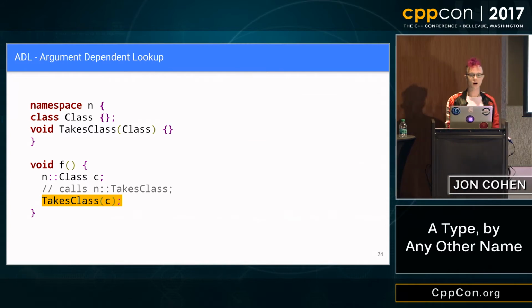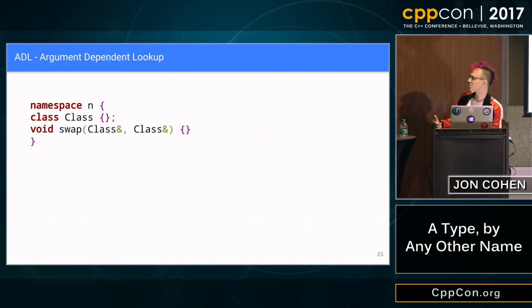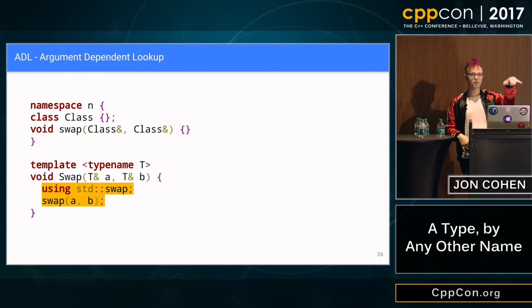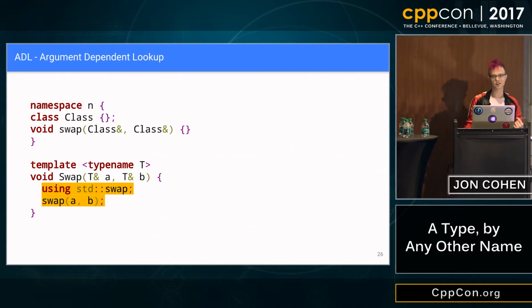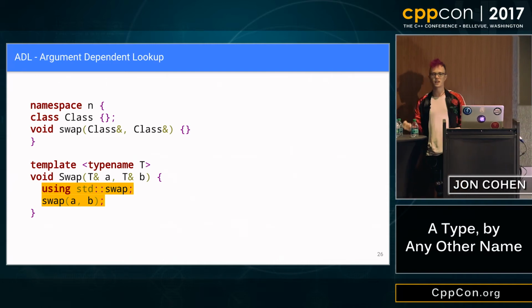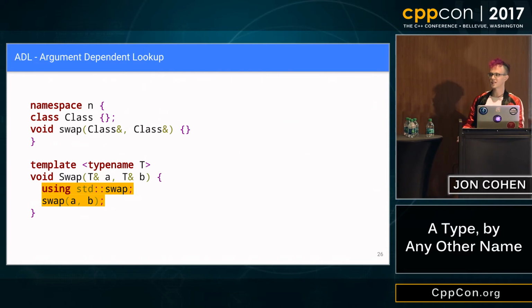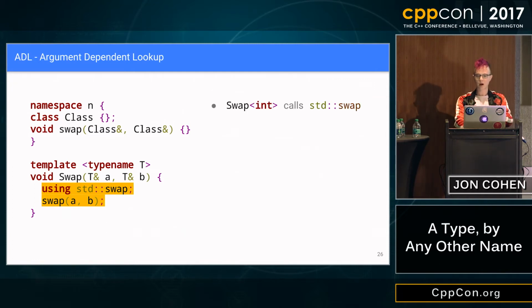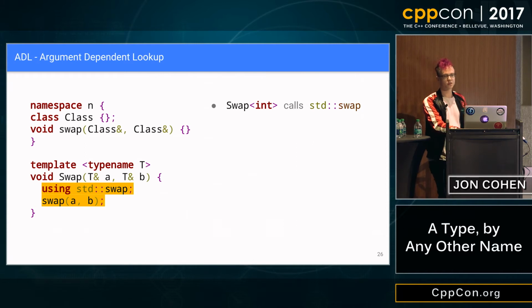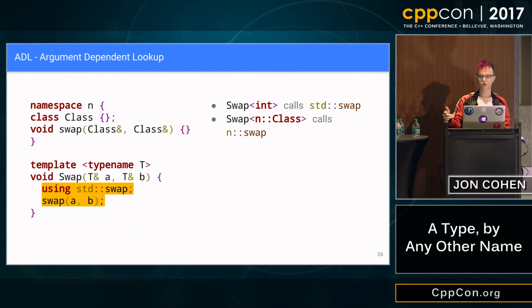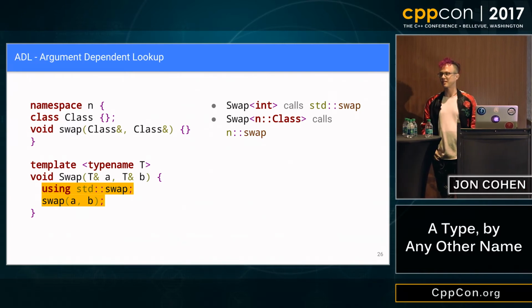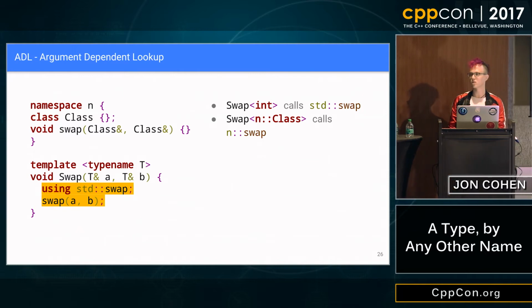Great. There are interfaces that are designed to use with ADL. Swap is the canonical example. Here's how you call swap generically. You bring swap into lookup by using std::swap and then call it unqualified to trigger ADL. And this gives you a sort of extension point. You can write swap for your own types when just doing the three-move thing that the compiler does isn't what you want. So swap of int would call std::swap. There are no other overloads. And swap of N::class calls the overload N::swap. That might do something interesting. I think probably a lot of you in here have seen this, but it's good to go over because it's going to be important.